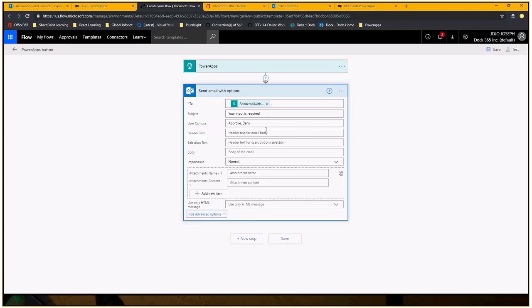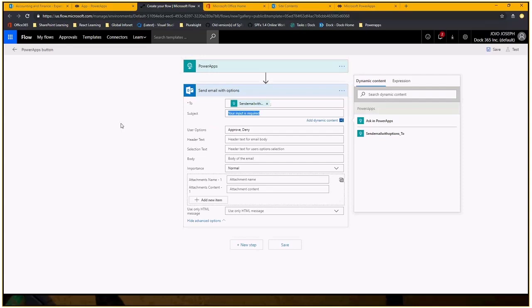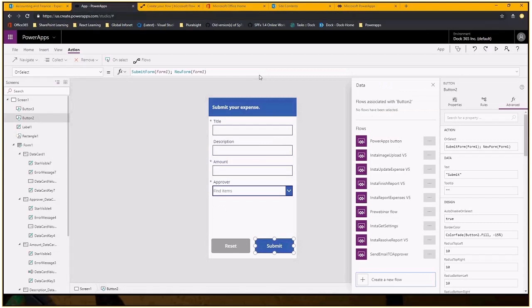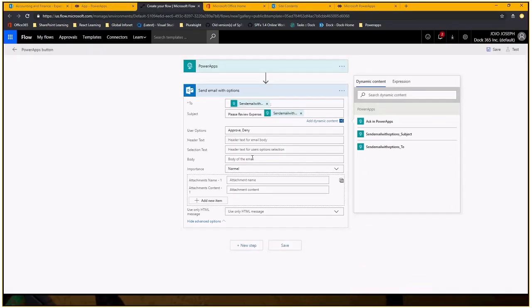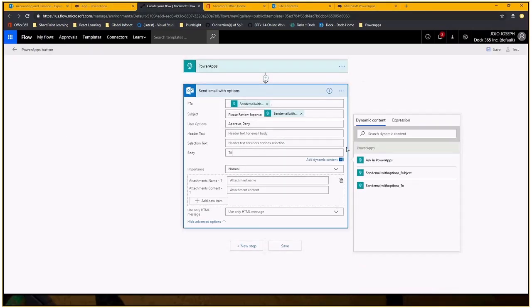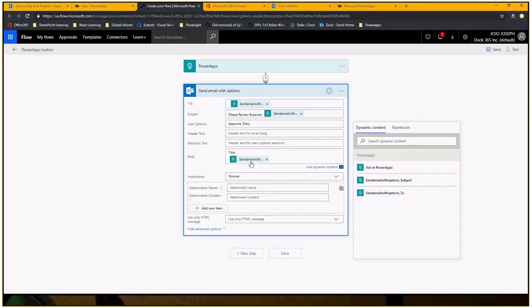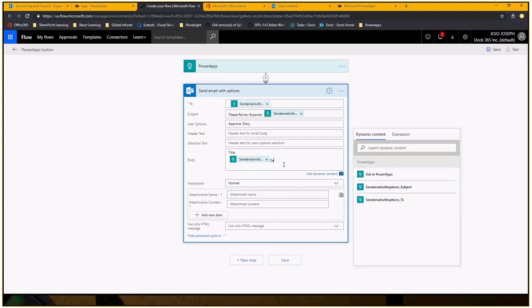I also want the subject of the email to say the title of the app. So I'll say, please review expense. Oh, my apologies. And it'll ask for the title that we put in this form. And then for the body, I'll put the title of the expense again, and that'll be the same one that we just used. Then I'll put the description,